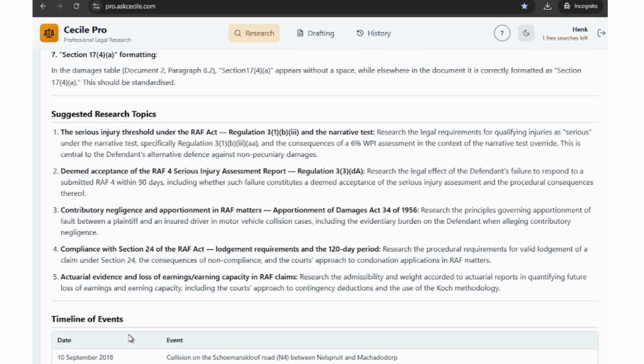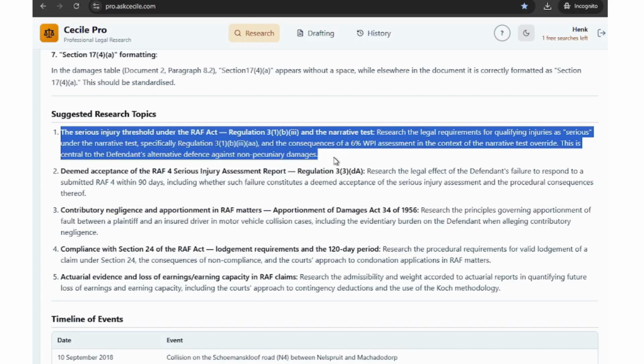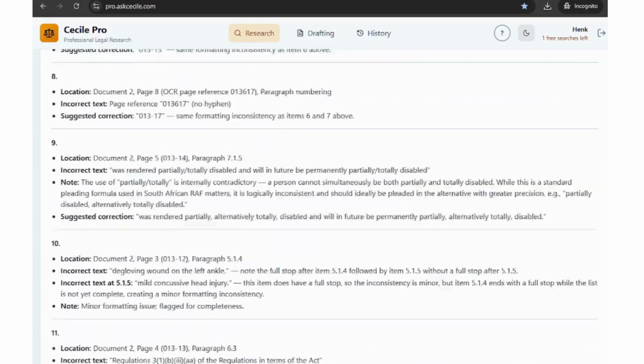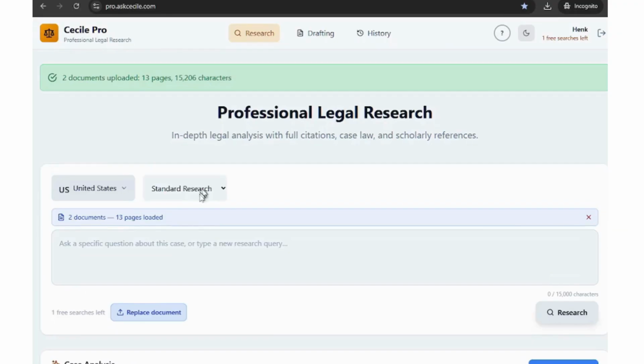Now, from all the information that was extracted, the system suggests certain research topics. In this case, the suggested research topics were the serious injury threshold under the RAF Act, deemed acceptance of the RAF form, contributory negligence, and so on. Now, if one wants to research that, one just copies that. Remember, everything is now in context because I uploaded documents. You paste it there,